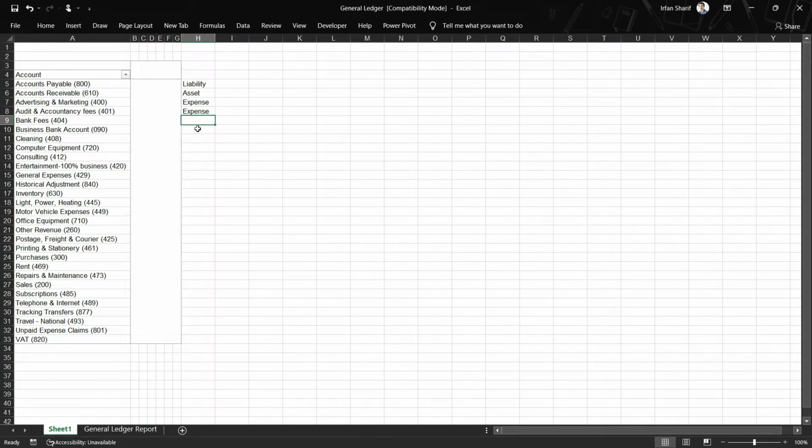But if you don't have, you will have to complete this effort one time, and then you can save this file for your future use. But if you have that file already, you can simply apply the VLOOKUP and bring this value automatically. So bank fees is expense, bank account is asset account, cleaning is expense account, computer equipment is asset, consulting is expense, entertainment is expense, general expense is expense, historical adjustment will be expense, inventory will be asset account,